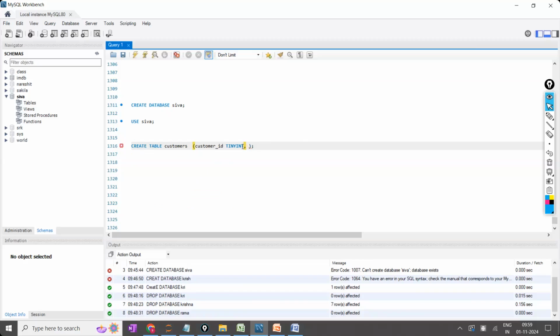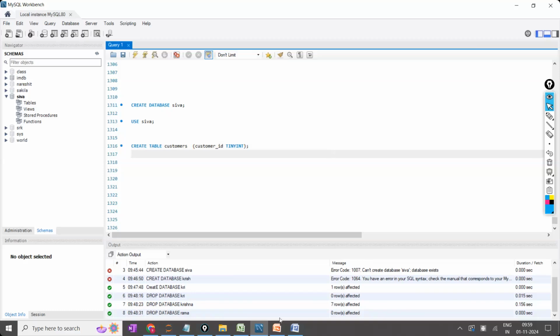The choice is yours. But whenever you write the semicolon, at that time the query has ended. At the end of the query, a semicolon should be there. Till then you can keep writing the query. The query can be completed in 1 line, 2 lines, 10 lines, 20 lines, or 30 lines. A single query can be there, but that query has to be ended with the semicolon. Till then the query is not ended. So here I'm going to write only one column.